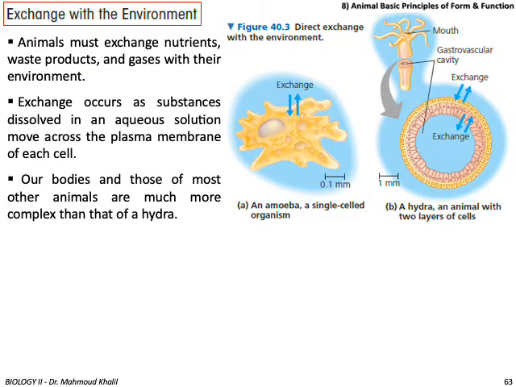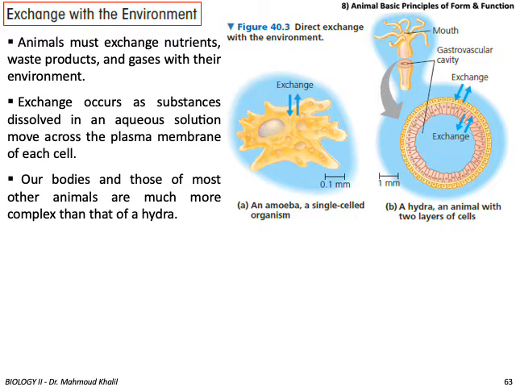How does the exchange happen with the environment? Animals must exchange nutrients, waste products, and gases with their environment. This exchange occurs as substances dissolved in an aqueous solution move across the plasma membrane of each cell. Our bodies and those of most other animals are much more complex than that of Hydra. In the figure, A shows an amoeba, which is a single-celled organism, and it can easily exchange with the external environment, while a Hydra is an animal that can live